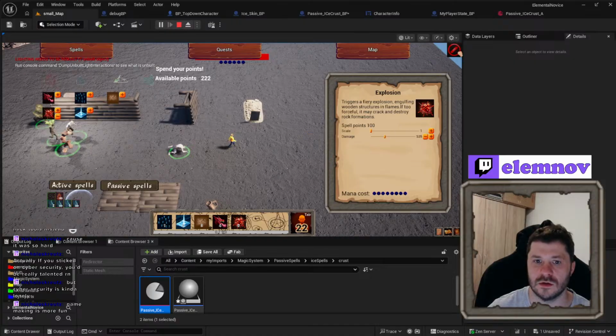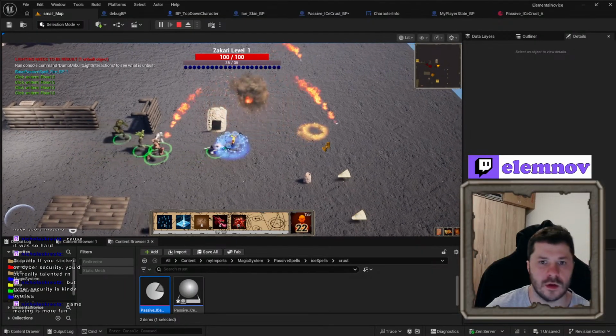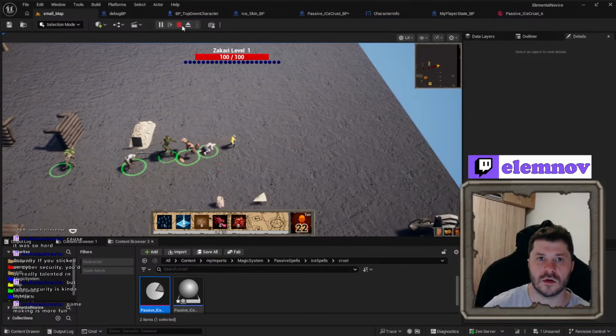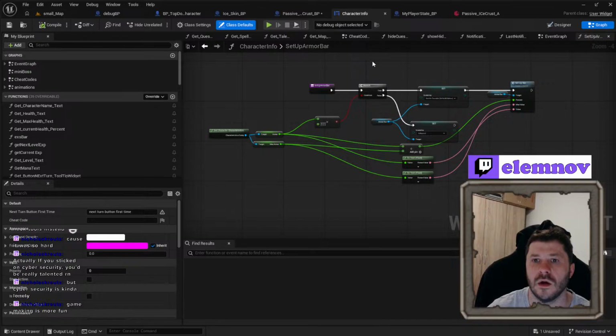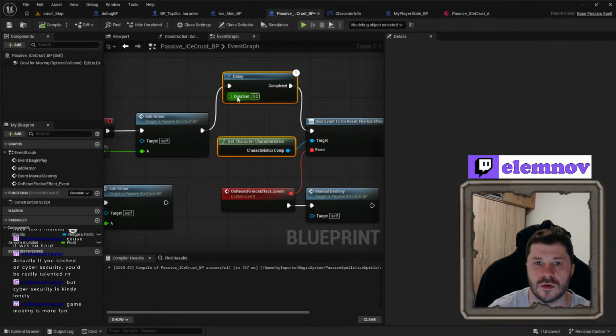Damage. Why did it? Okay, I'm not going to destroy it by itself now. My player state. So it appears for 0.2 seconds. I just want to check if